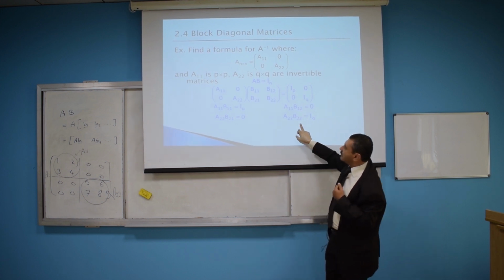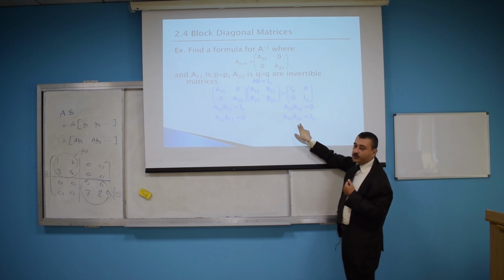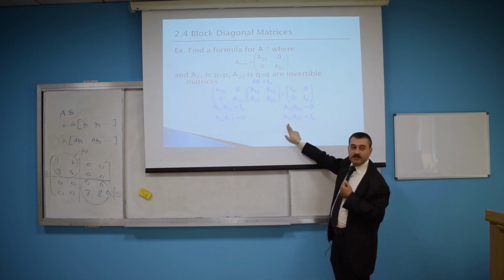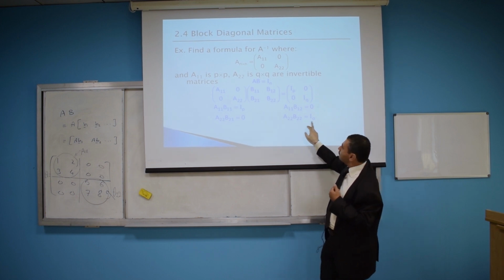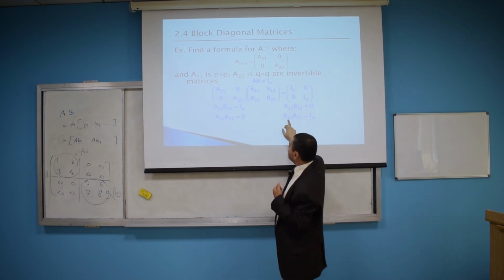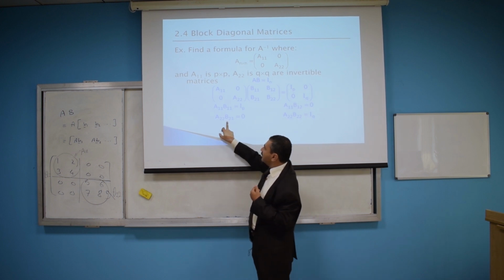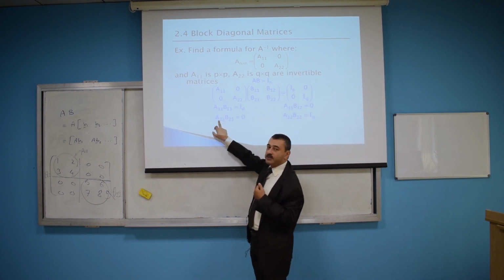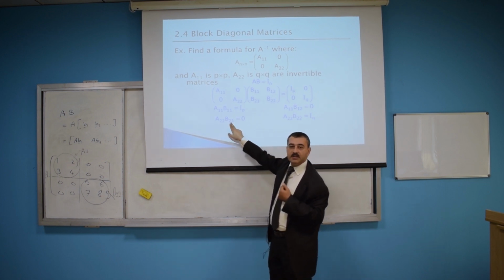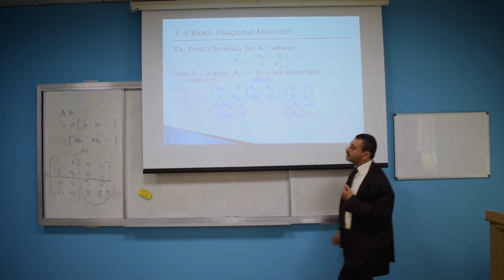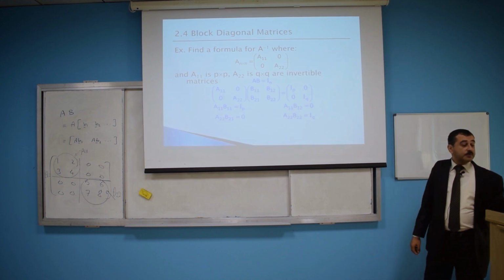What about this one? B22 is the inverse of A22 because the product gives the identity. So B22 is the inverse of this guy. Here again, you have A22 invertible, so you can conclude that B21 must be the 0 matrix. So we'll end up with